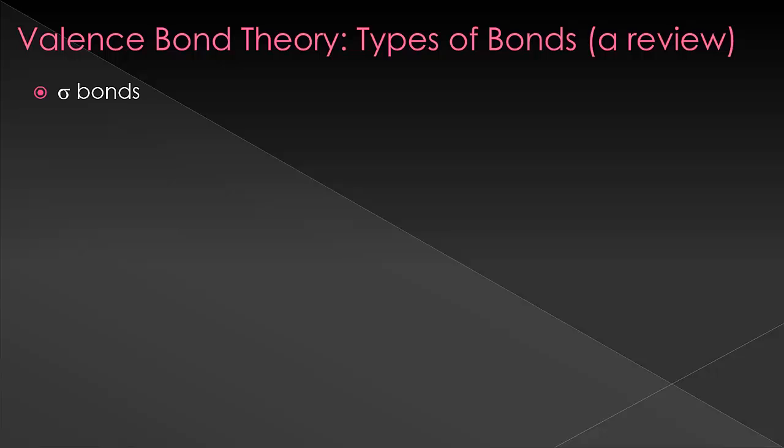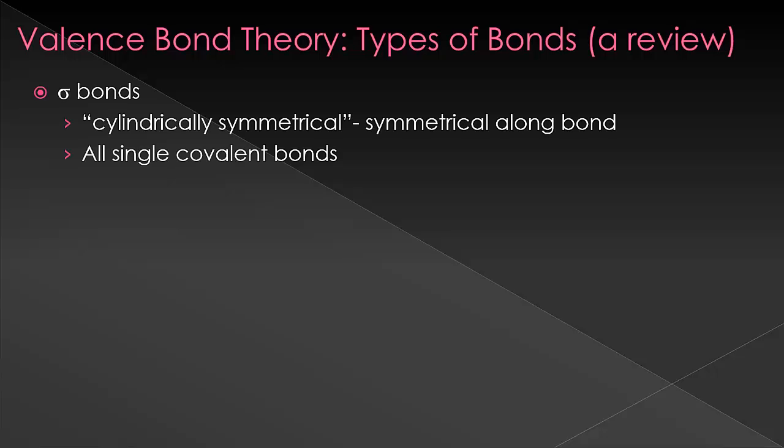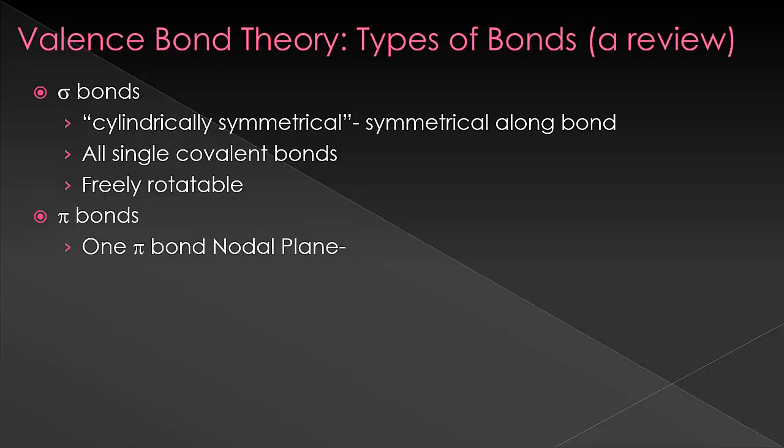So, quick reminder, we have our sigma bonds, which are cylindrically symmetrical, or in other words, they're symmetrical in the same way that a cylinder is, along the bond. These are all of our single covalent bonds. So each time we make a first bond connecting two atoms together, these are sigma bonds. They're freely rotatable. Now with pi bonds, things were a little different depending on if we had one pi bond